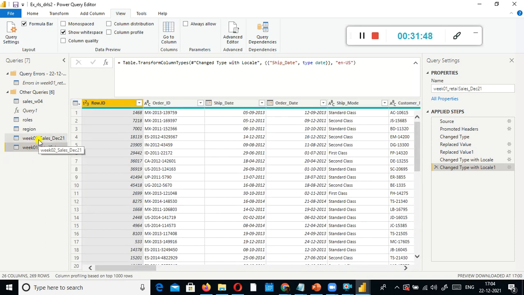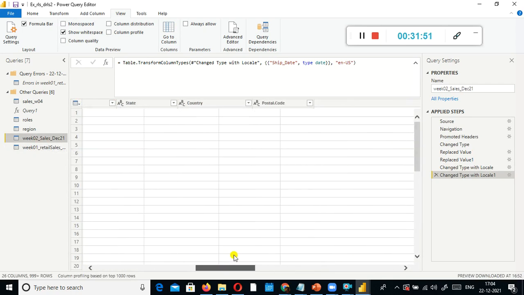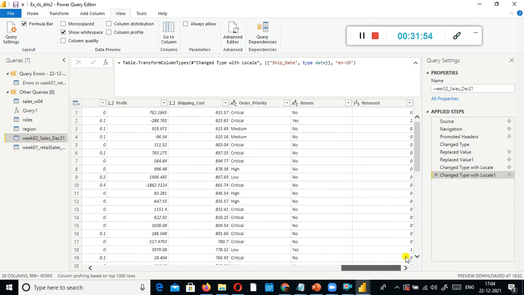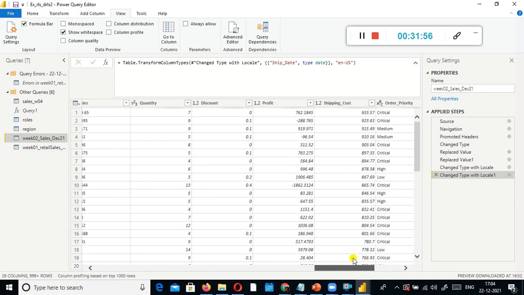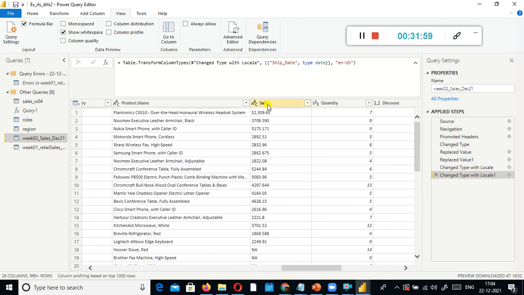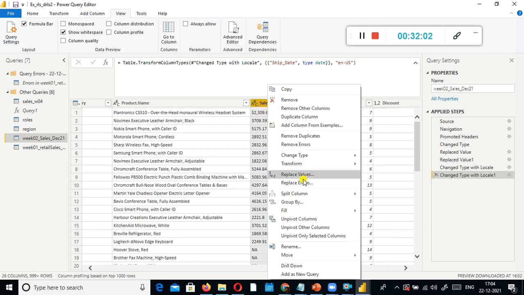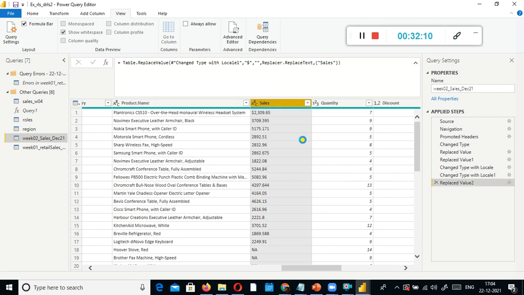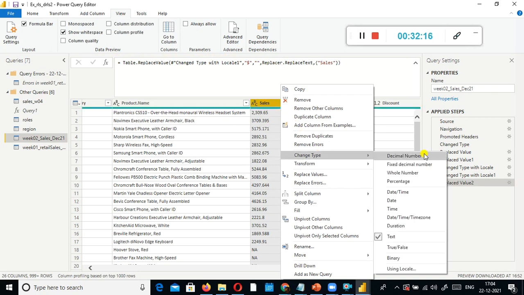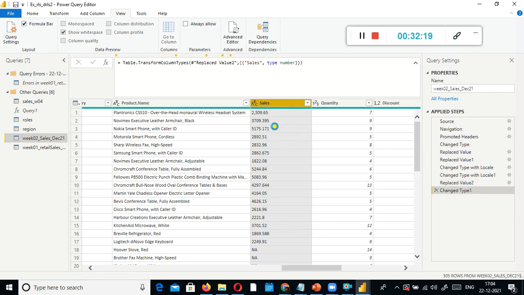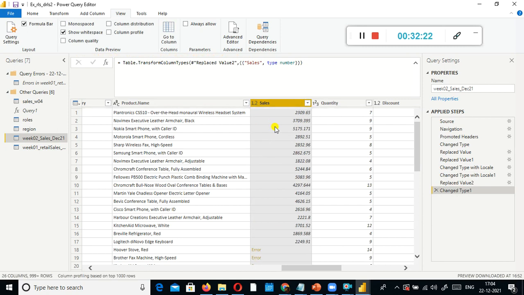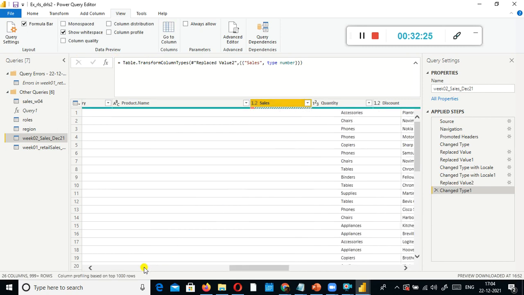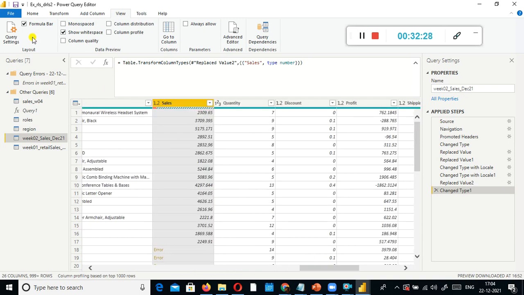Very good. The next step is, let us go and check the data type for the sales column, profit and sales import. See, look here, this same problem is there. I probably replace a dollar by blank value. I'm not going to do anything, simply okay. So even for this kind of data you can append it and then probably you can address it. Okay, fine. Next I go here,